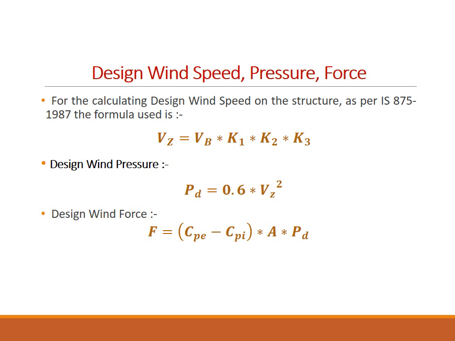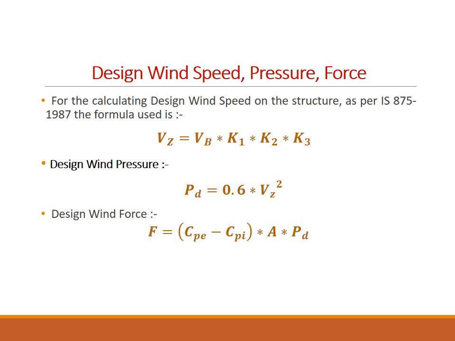The K1 factor, that is the risk coefficient, is dependent on the class of a structure, that is, the importance of the structure. Second, it is dependent on the probable design lifespan of the structure. And third, it is dependent on the basic wind speed, that is, the location of a structure. For important buildings such as hospitals, nuclear power stations, or for military purposes, the value of K1 will always be more than 1.